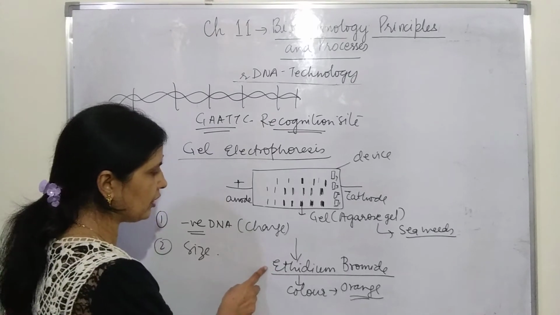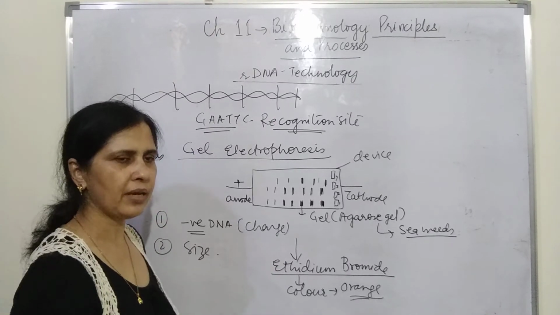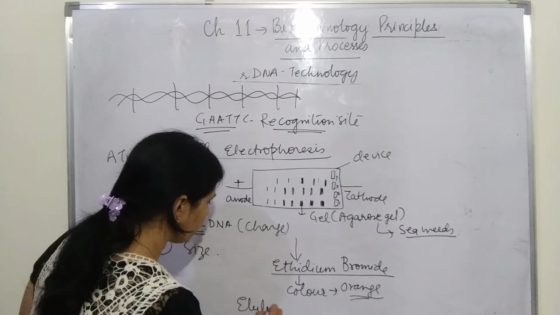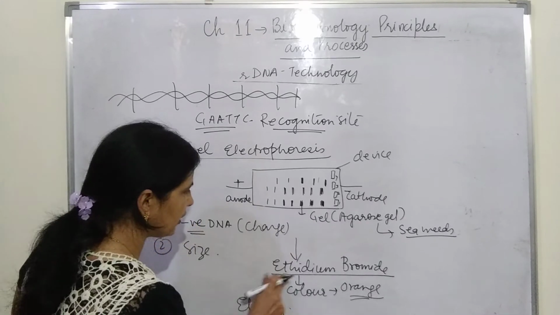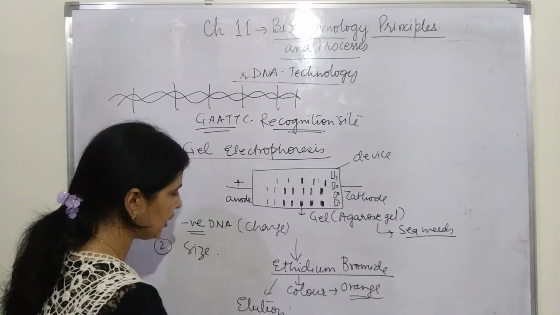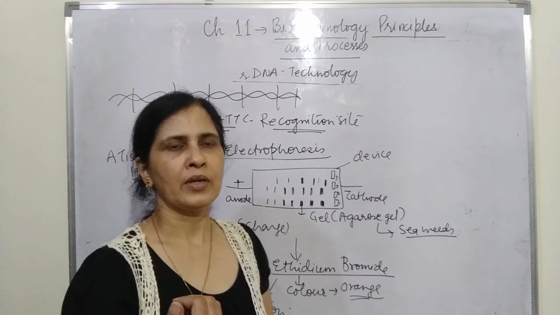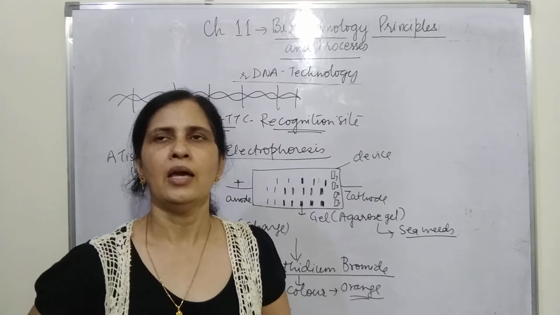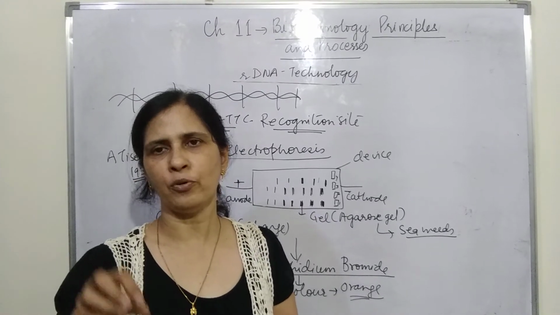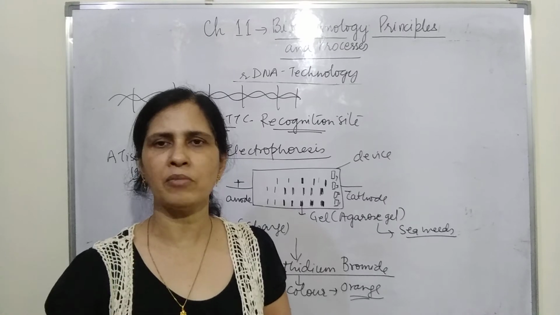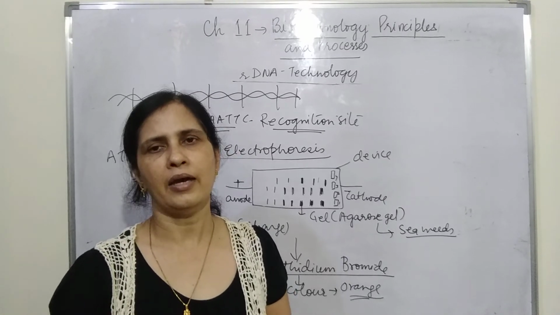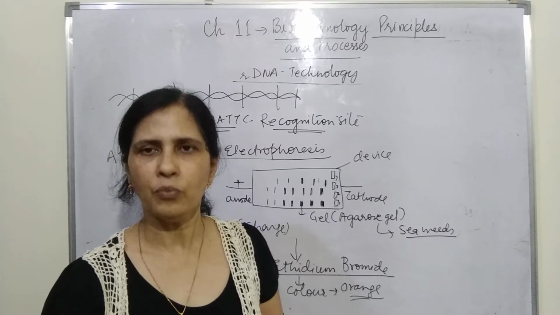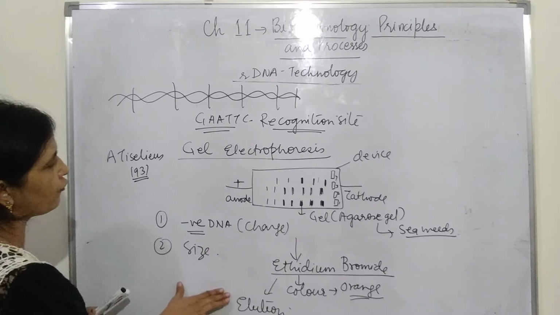And the process of using the ethidium bromide and our ability to see them and extracting them from that gel is called elution. So the treatment of the DNA with ethidium bromide and its extraction is called elution. So we can extract them and we can see that orange color with the help of ultraviolet rays. And those DNAs are put in the PCR machine, they are amplified, their numbers are increased to a great extent, and after that we will use that DNA in order to introduce them into the vectors. So this is the gel electrophoresis technique.